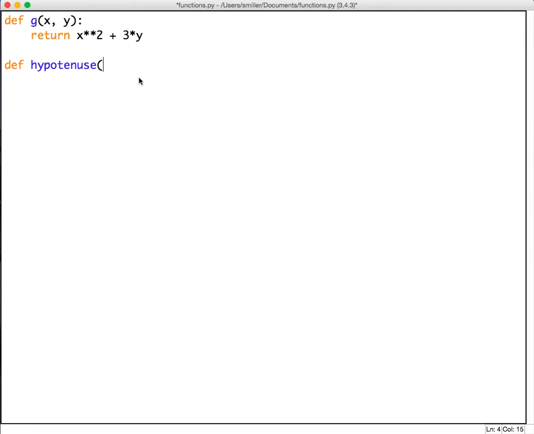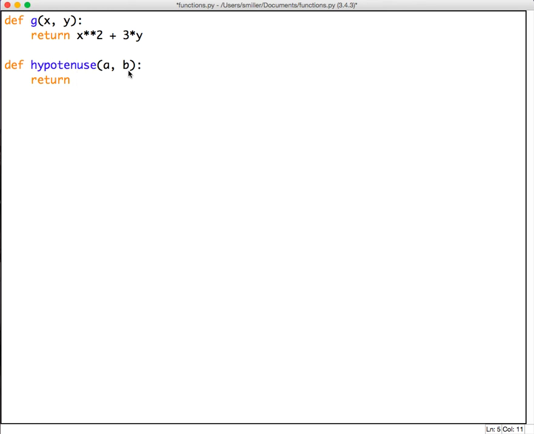Okay, so the information that a function needs in order to do its job are the inputs, and those inputs are the parameters to the function. So in this case, I'm going to call those inputs a and b, because we say a squared plus b squared equals c squared. I could have called them whatever I wanted to, but a and b makes sense. Okay, I've used my def keyword, given it a name and a parameter list. Now what do I want it to return? Well, I want it to return the square root of a squared plus b squared. Okay, return